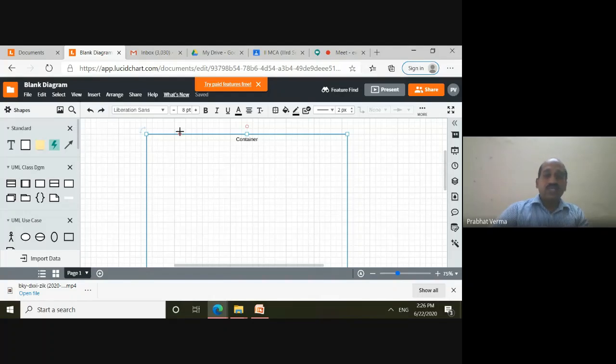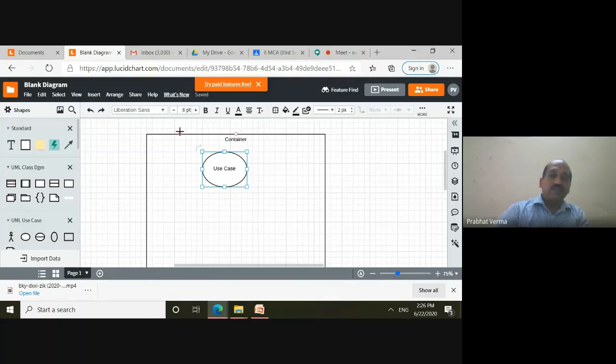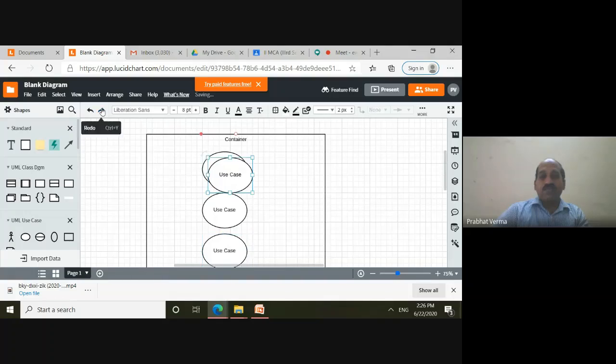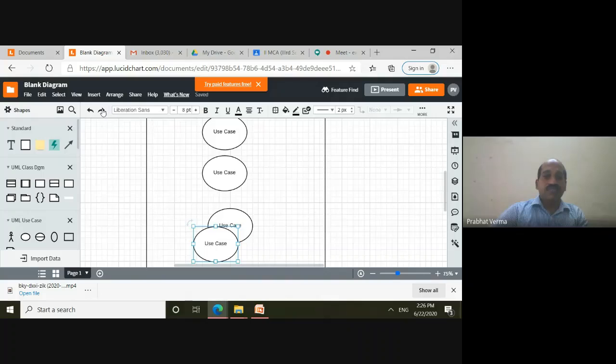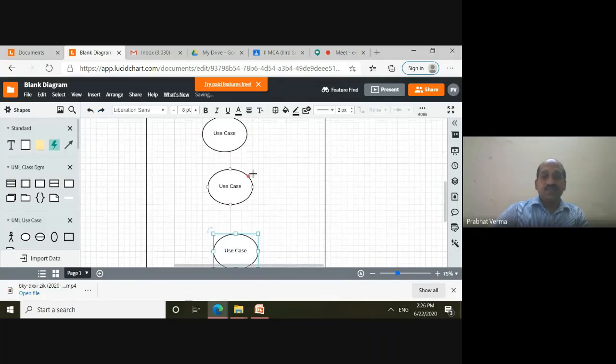So we drag and drop this use case here in this container, and similarly we can copy and paste as many use case elements as we require.